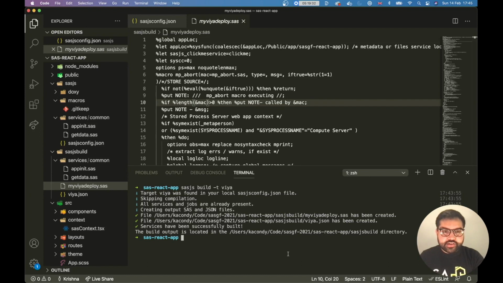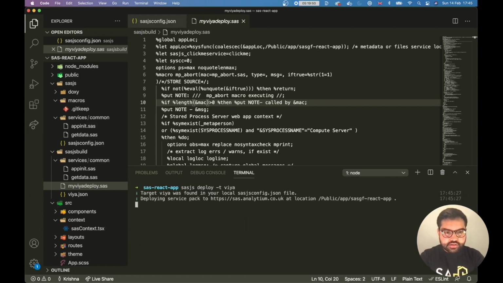But fortunately, we do have sass.js, so we can use the sass.js CLI to deploy our code as well. If I say sass.js deploy -d via, we can see that it's trying to deploy to the location that we've specified in the config.